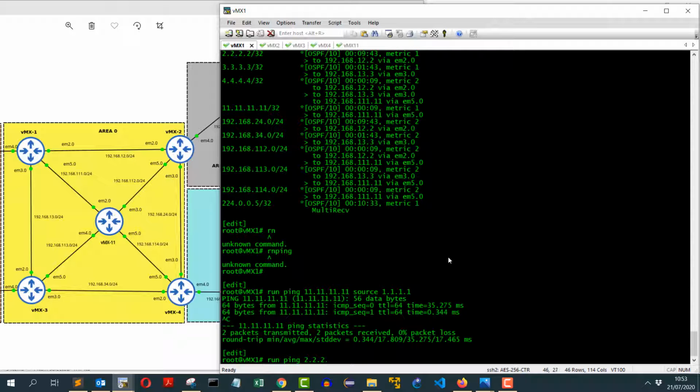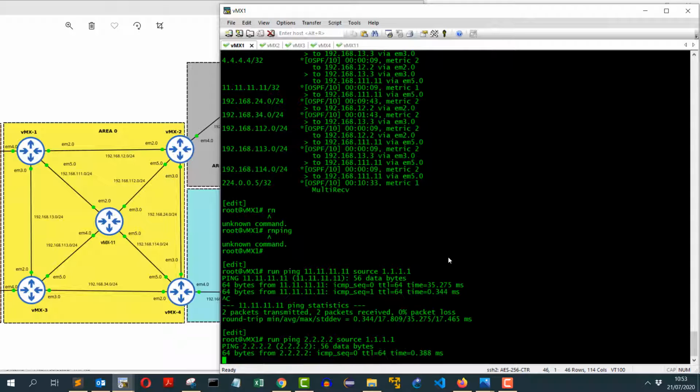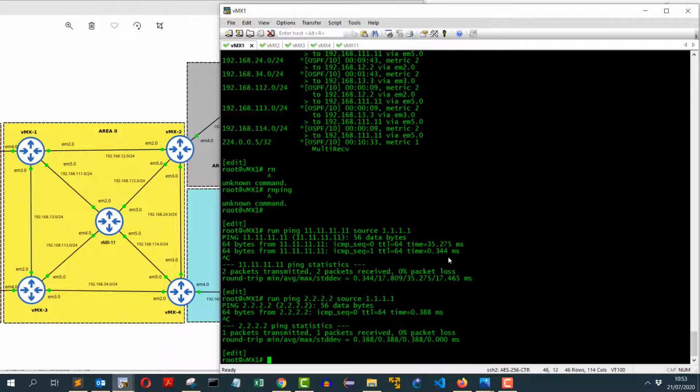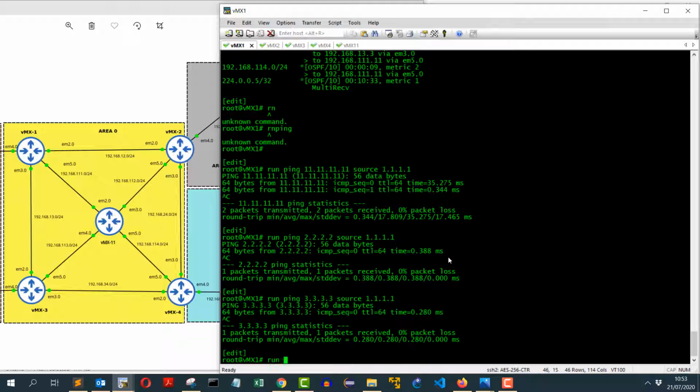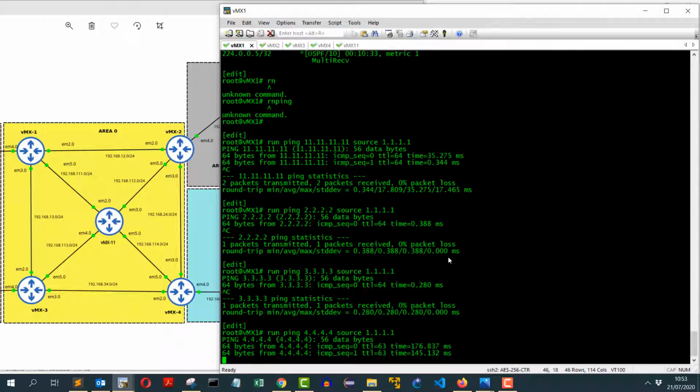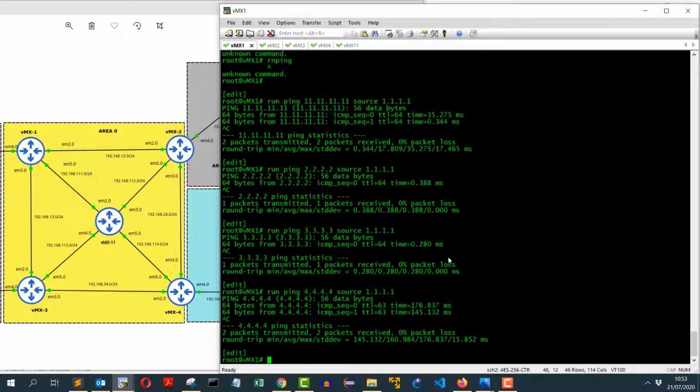And if I try 2, I can ping 2 as well. Ping 3, I can ping 3. So as you can see, all my neighbors are up and I can ping loopback addresses of my neighbors.